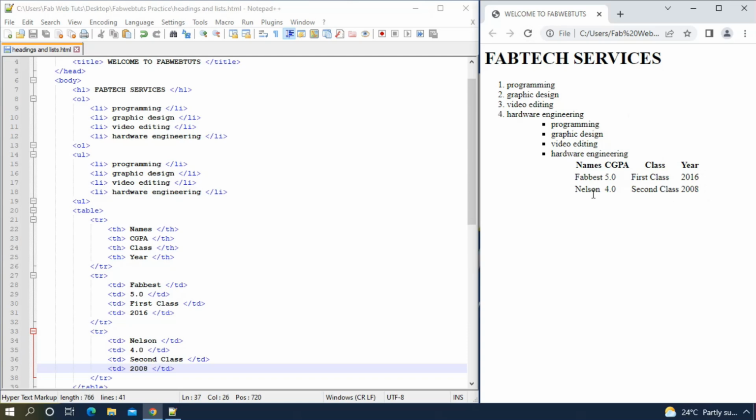Okay, so you can see now the table header is written in bold, then the table data are not bold. Okay, so that's it. That's how to create a table in HTML. Actually, let me just do something. I'm just going to add